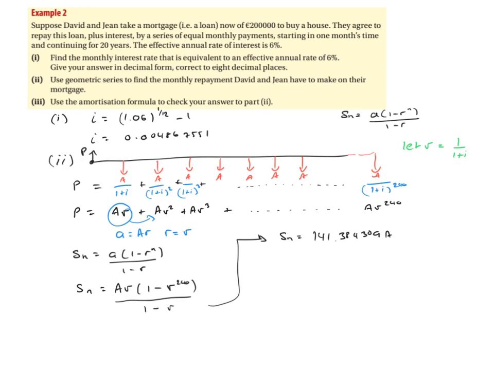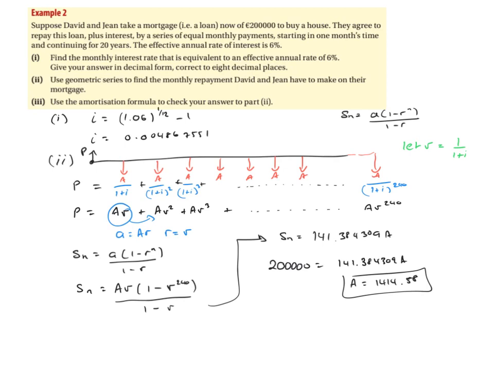Now we know that they took a loan of 200,000 to pay the house, so we've got 200,000 is equal to 141.384309A. So in order to get A on its own, we need to divide this into this. And if we do that, guys, to 2 decimal places, we get an answer equal to 1414.58. Okay, and that there is the amount that they have to pay on a monthly basis to service a